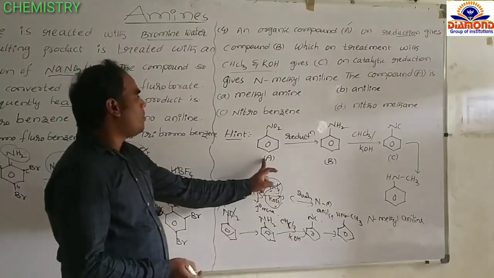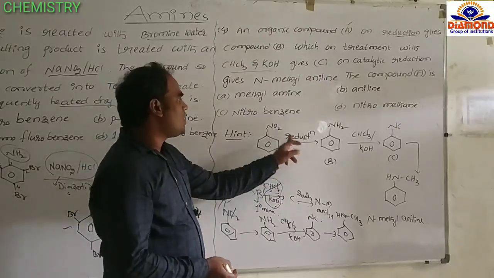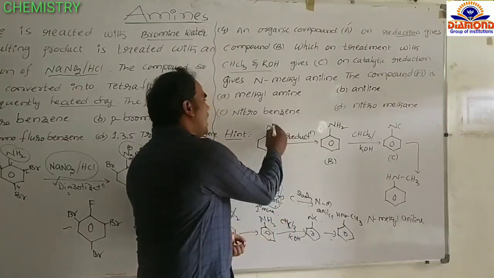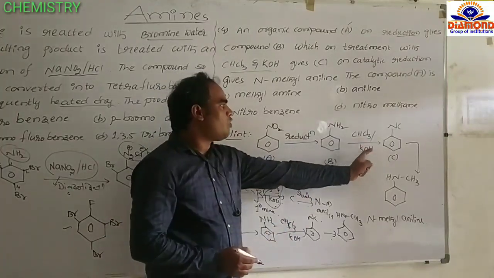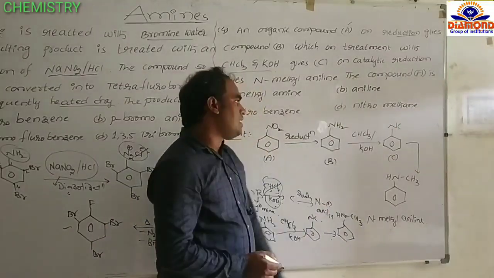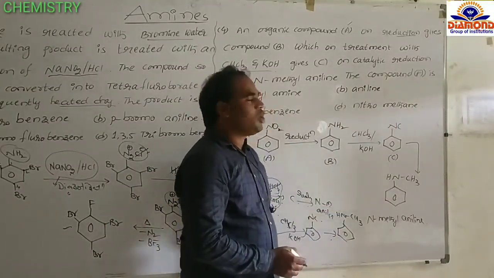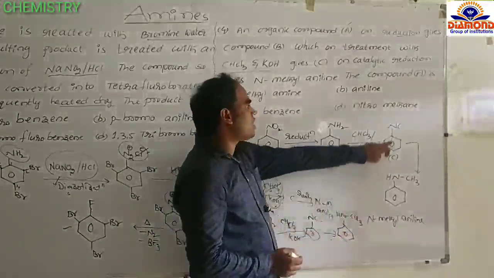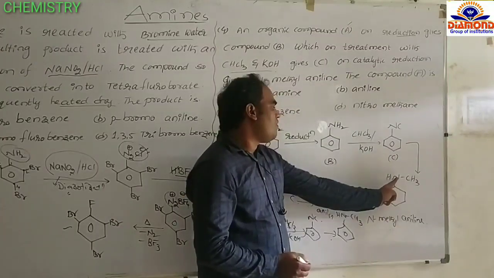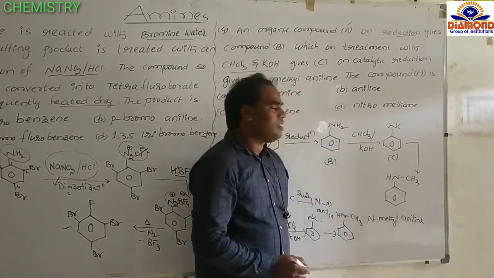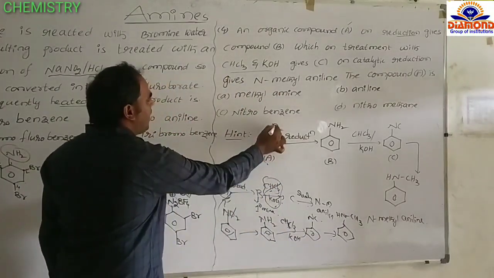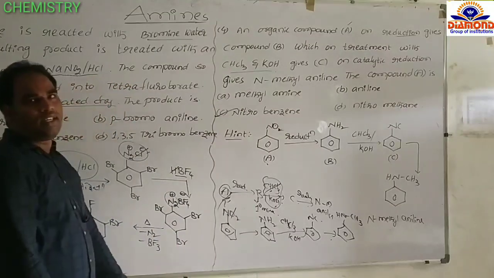So A is here what, students? Nitrobenzene. Nitrobenzene A by reduction, instead of oxygen, addition of hydrogen, gives aniline, and that aniline reacts with chloroform and potassium hydroxide, the isocyanide test. Therefore, the NH2 group is converted to an NC isocyanide. It undergoes catalytic reduction. Reduction means addition of hydrogen, so for nitrogen 1 hydrogen, for carbon 3 hydrogens. Then we get N-methyl aniline as the product. So A is nitrobenzene. Option C is correct.